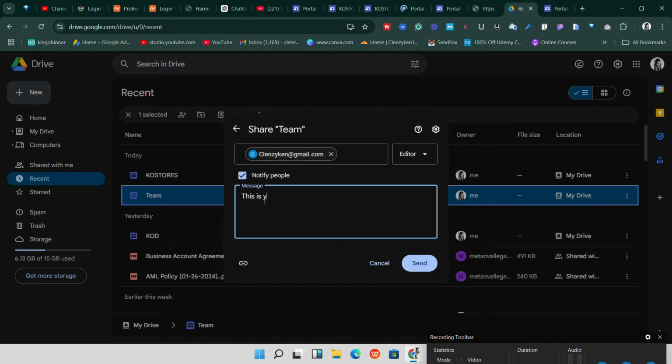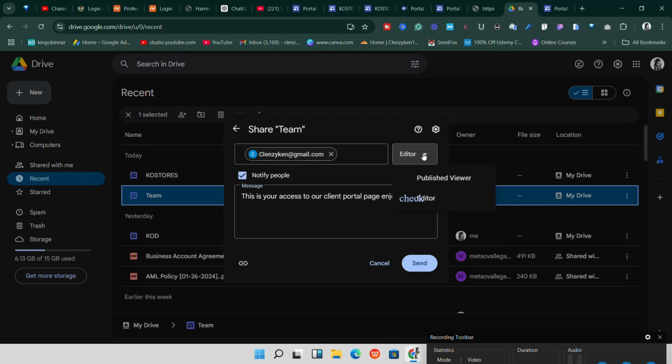This is your access to our client portal page. Enjoy. So once we've added this message, notify people, you say yes. Now, editor, you want to make sure they are